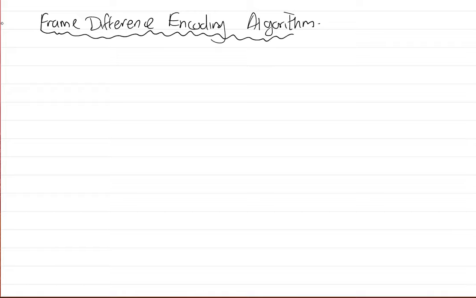So let's get straight into it. Let's start with the frame difference encoding algorithm. Okay, and also, I don't know what your learning preference is, but I believe that you should take your own notes. And as I'm presenting these ideas to you, if you're not playing it in double speed, then you have the opportunity to rewrite some of these things and take down notes from what I'm saying to help you understand these things better. Okay, so the frame difference encoding,